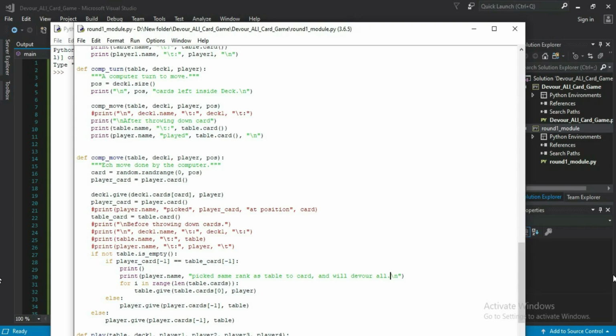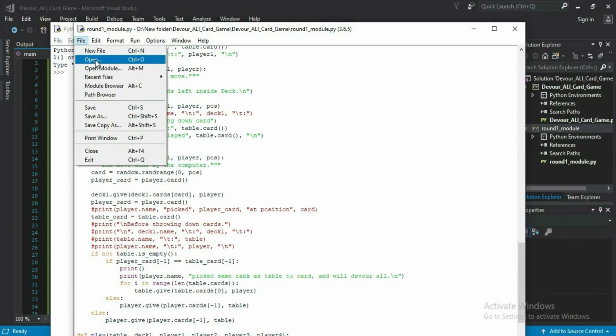So save. Then we also have to open that other one